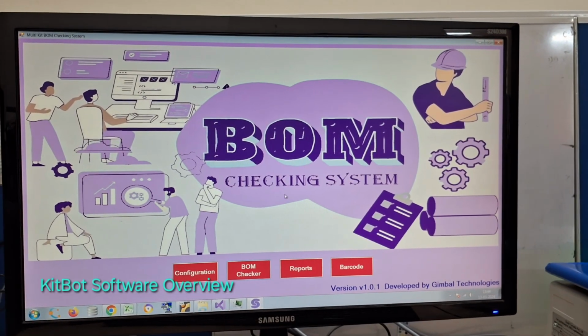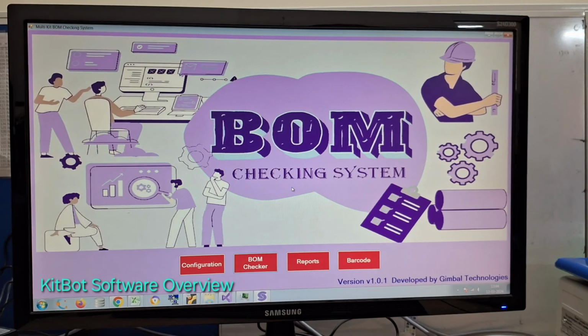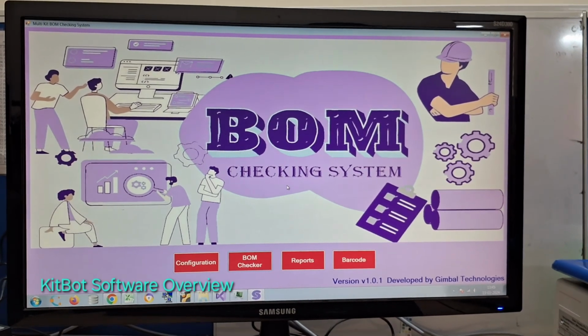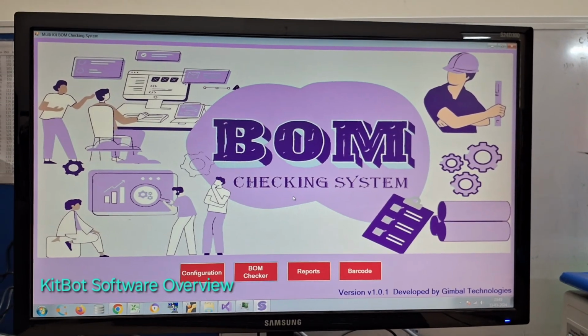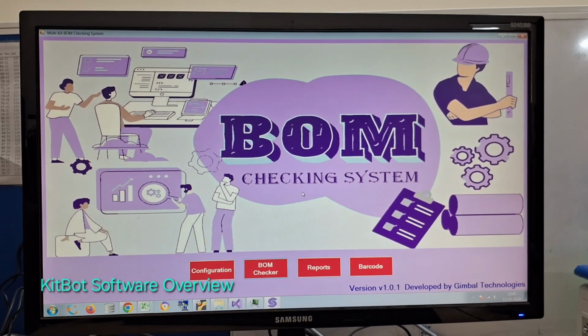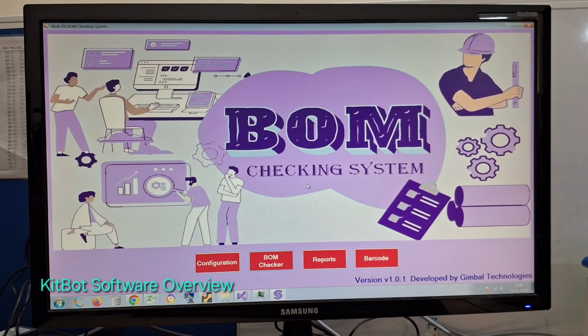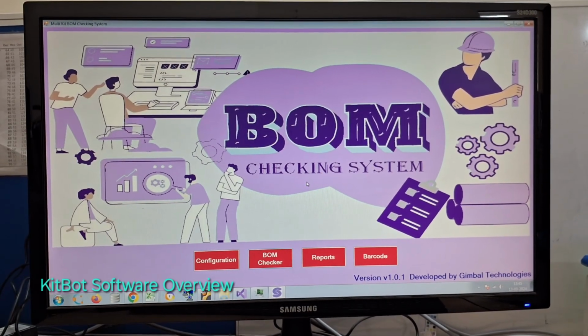There are multiple advantages of this BOM checking system instead of using a traditional counter. For the kitting process, generally people use a counter to know how many items are placed and what items have been placed. There are a lot of opportunities for manual errors because when you do multiple kits,